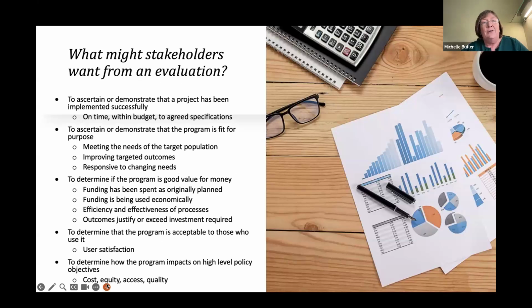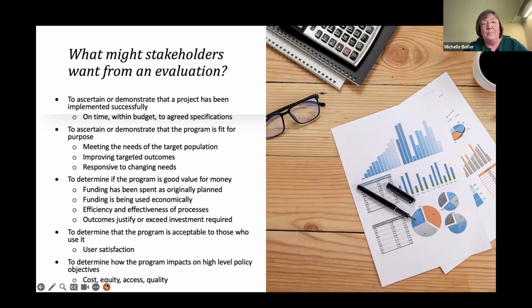So, what might stakeholders want from an evaluation? So depending where you're coming from as a stakeholder, and just when we say stakeholders, we mean anyone who will have a genuine interest in this. Perhaps it's a service user, but perhaps it's someone who's funding it, perhaps it's someone who is responsible for policy, and this is important in terms of contributing to that policy. So depending where you're coming from, you might want different things from the evaluation. But generally, we're talking about either being able to ascertain or to demonstrate that a project has been implemented successfully, on time, within budget, and to agreed specifications,